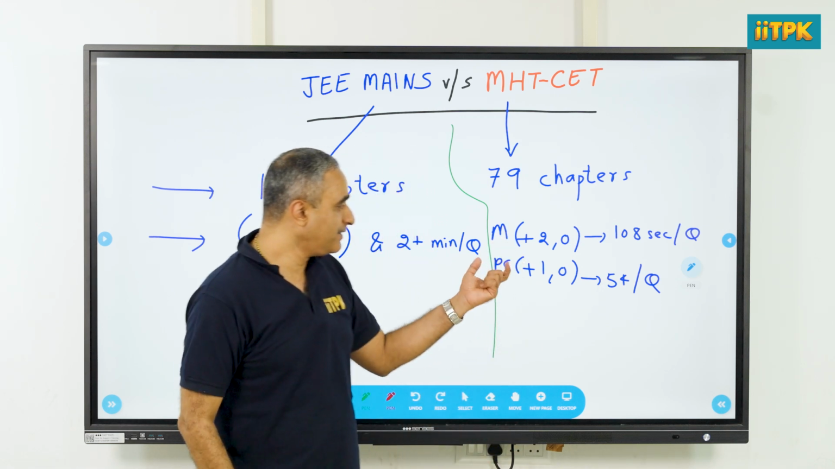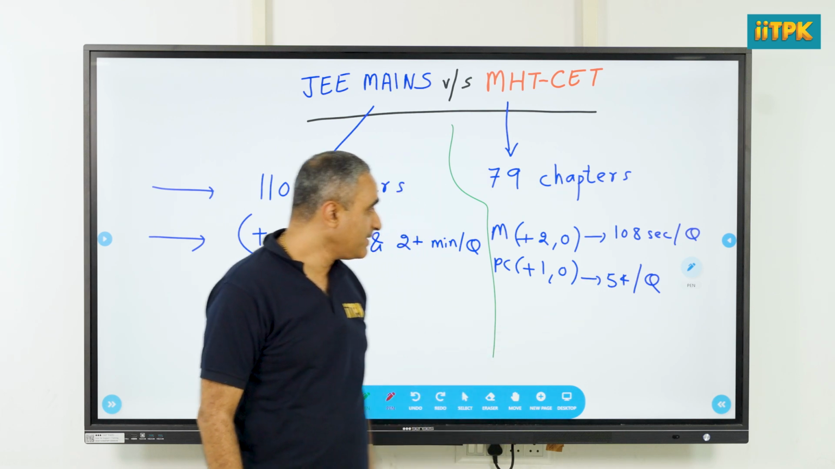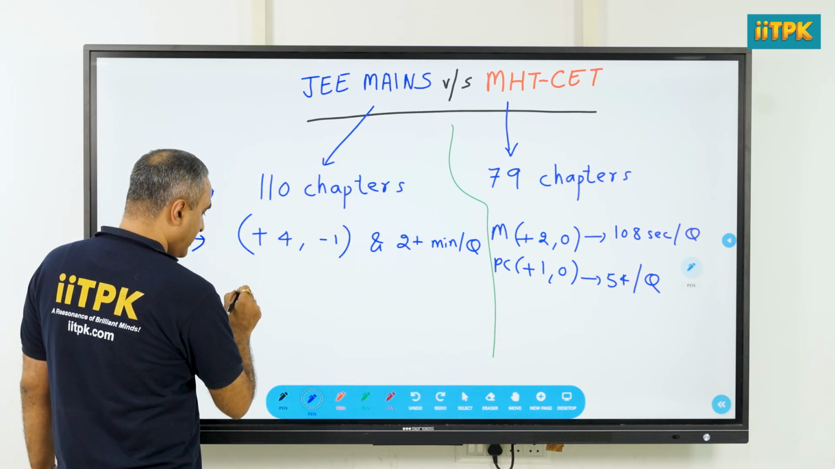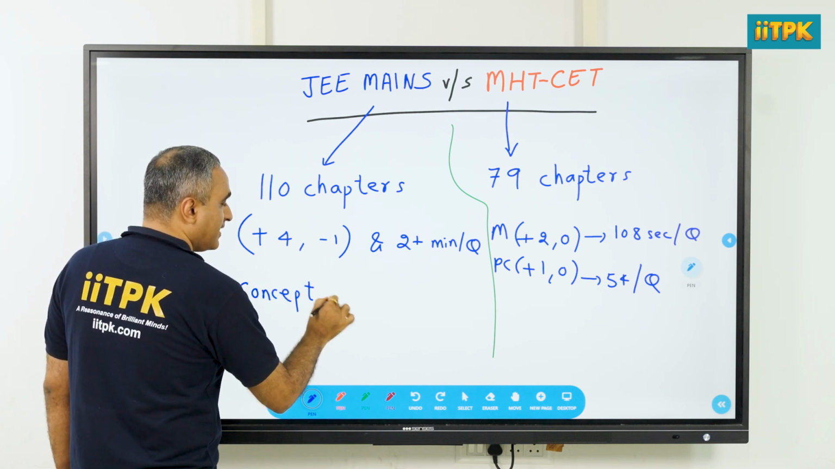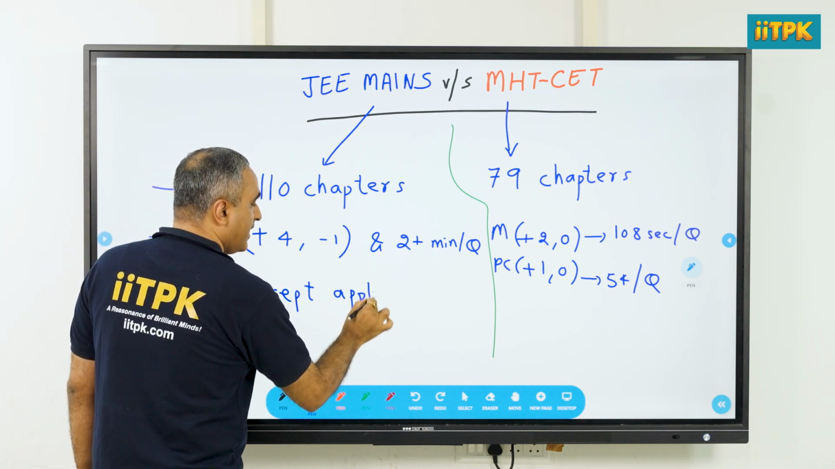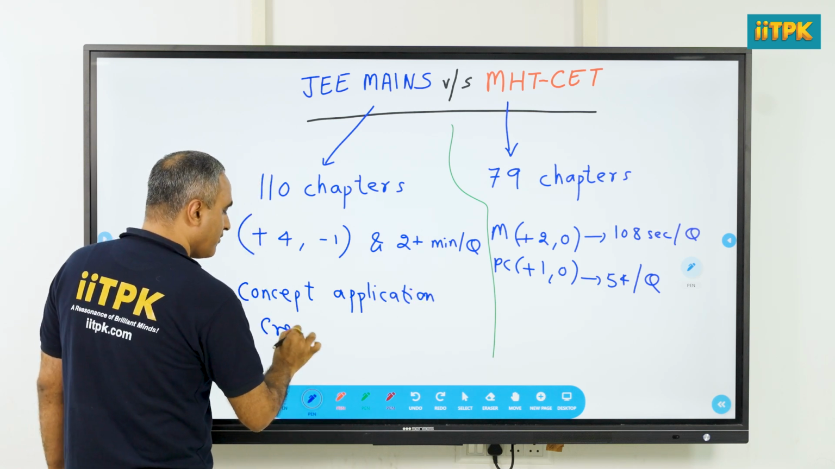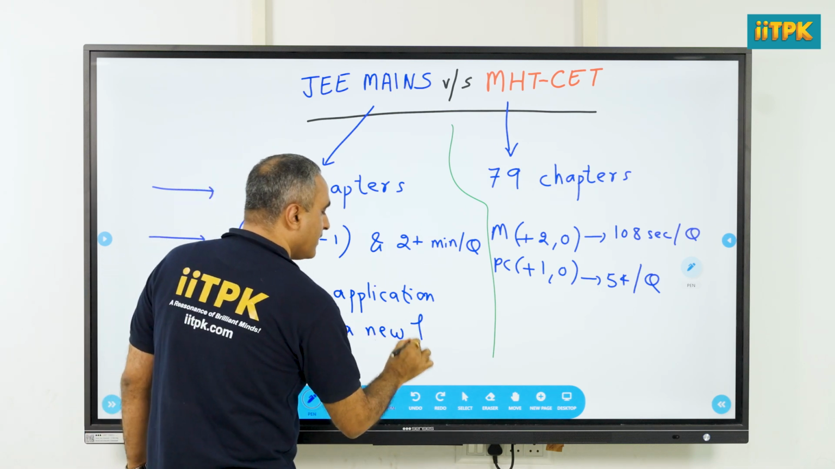As you know, in CET, the physics chemistry paper comes separately, and the maths paper comes separately, and therefore this is basically how it is. But what is important is, here we are having concept application questions, and when I say concept application questions in JEE Mains, it means that you have to create a new formula to solve a question. So create a new formula. So it's not that